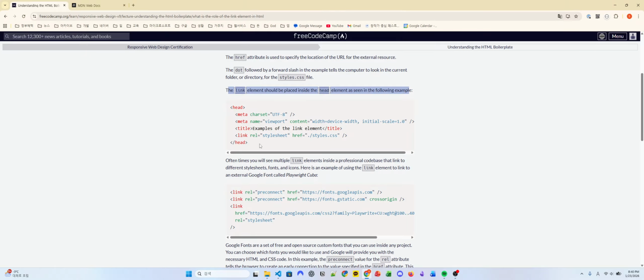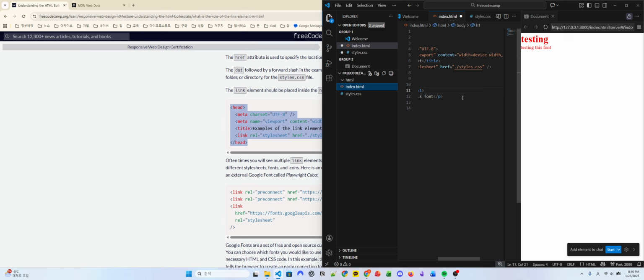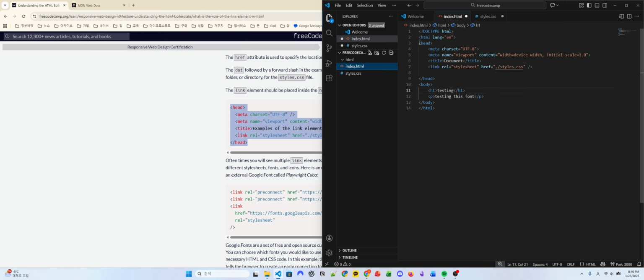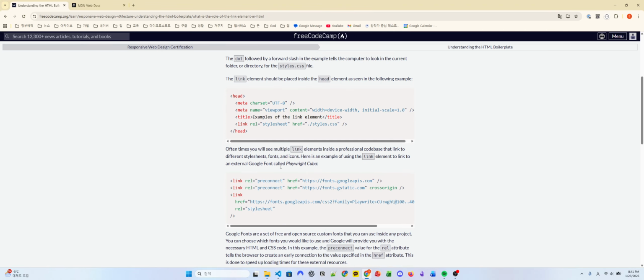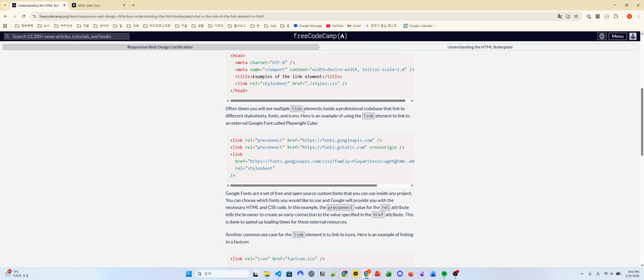So the head element exists within the HTML file. It exists in the beginning part. Let me show you. It exists right here. So you will need to add that link element within this head element. And oftentimes you will need multiple link elements inside a professional code base that link to different style sheets, fonts,